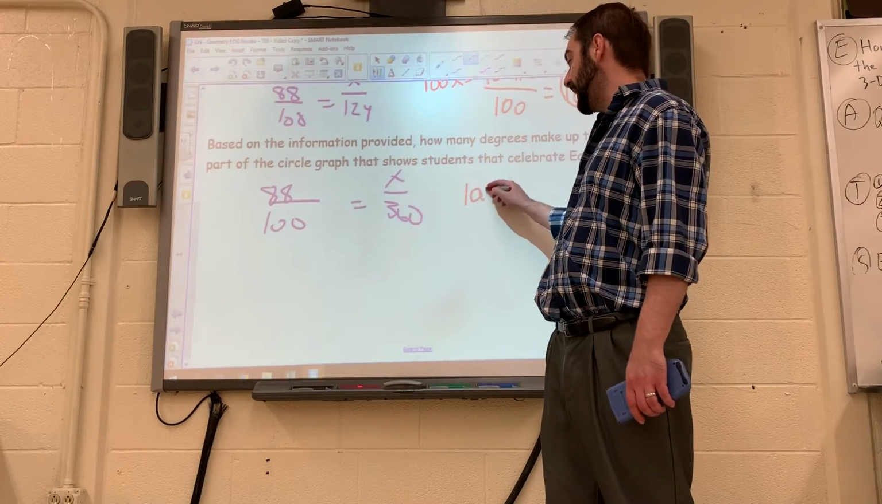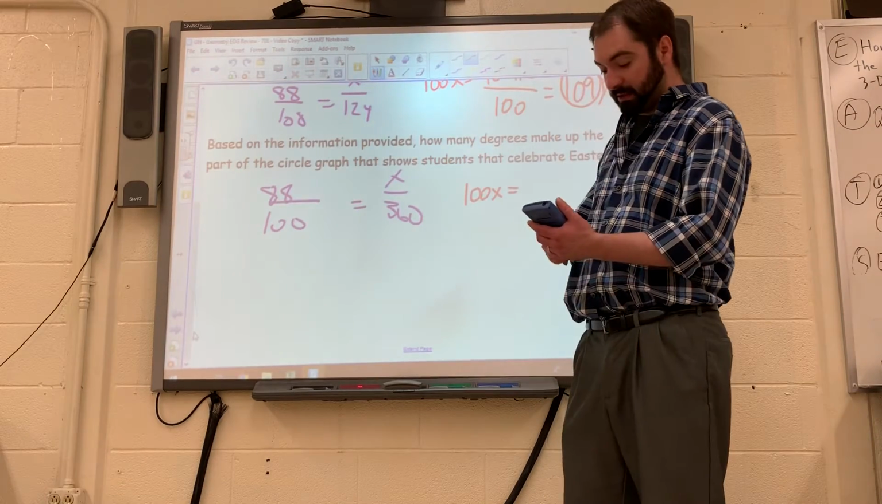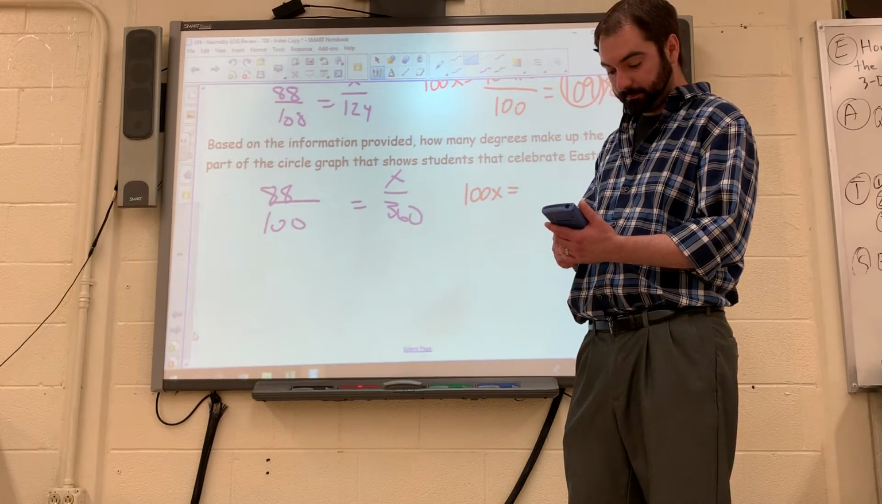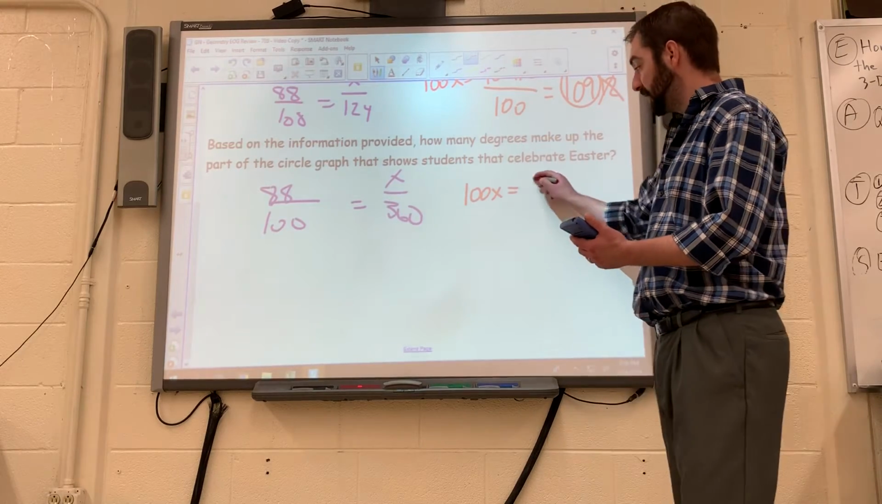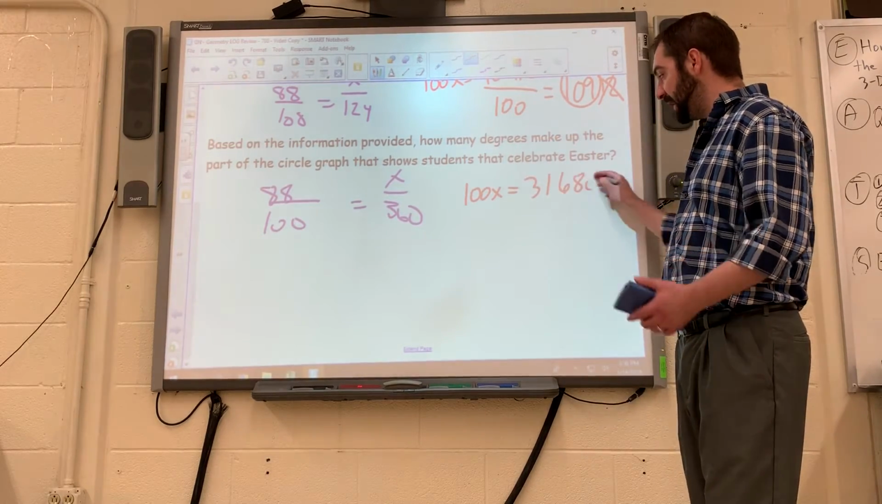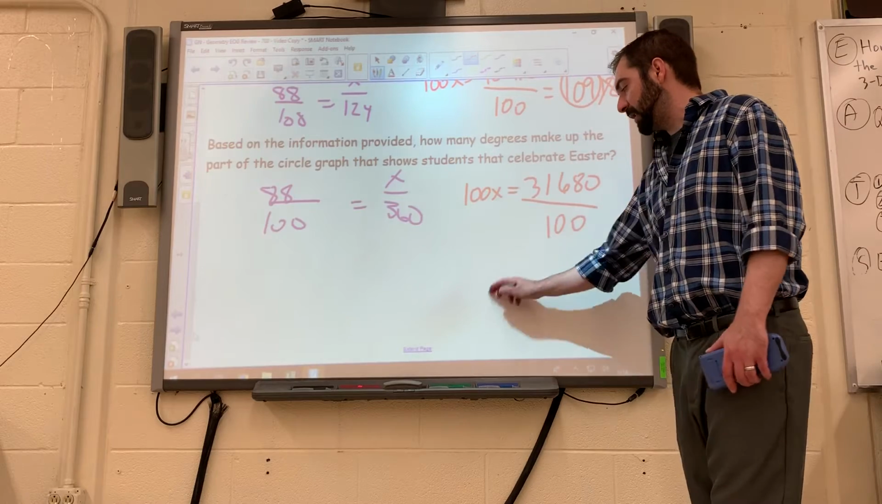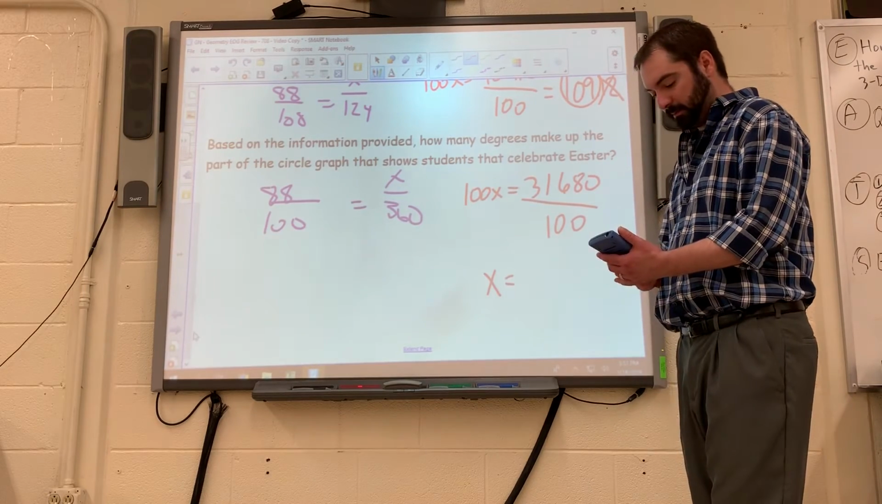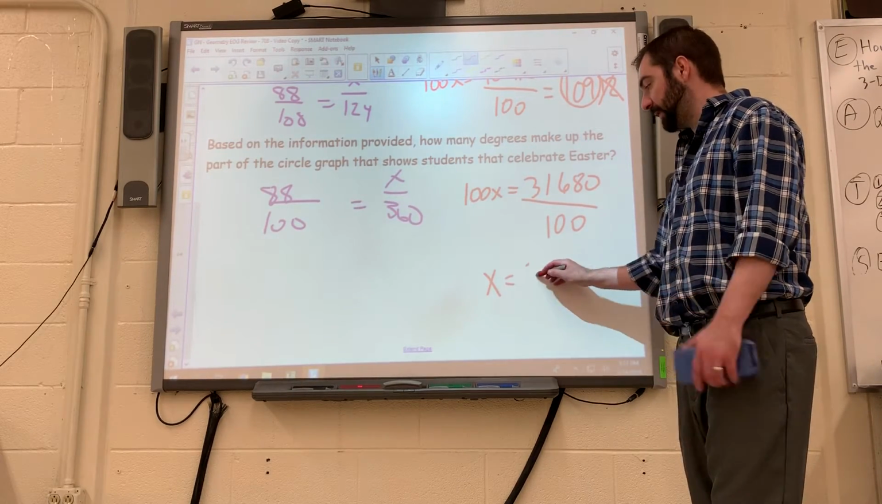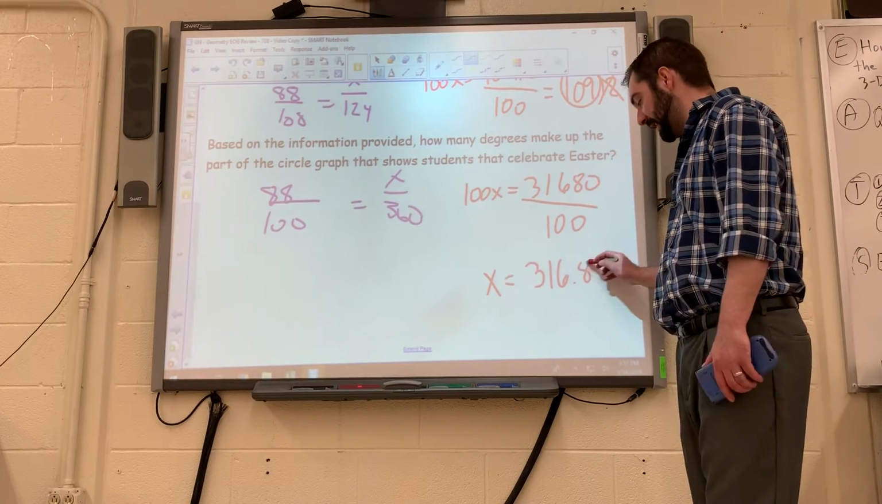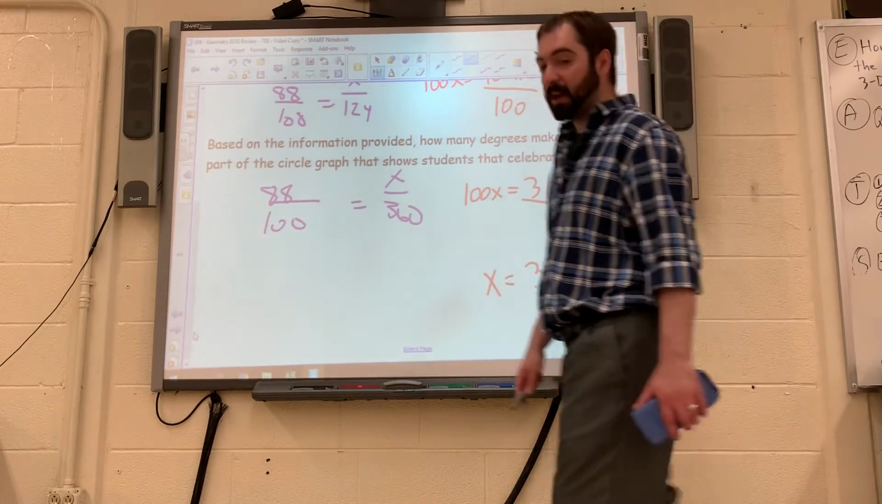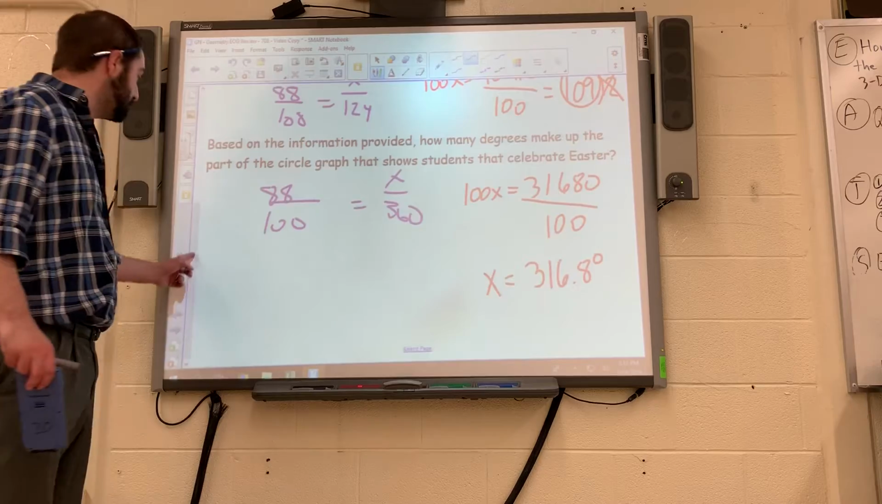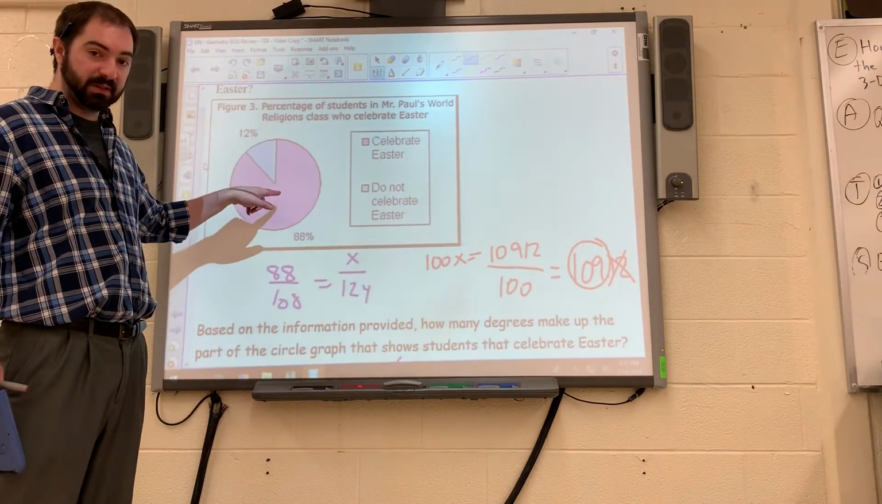I'm going to get 100x equals 88 times 360, which is 31,680. I'm going to divide that by 100, and I'm going to find out that x was really 316.8 degrees. And again, if I go back up here, I would say that most people out of the 100%,